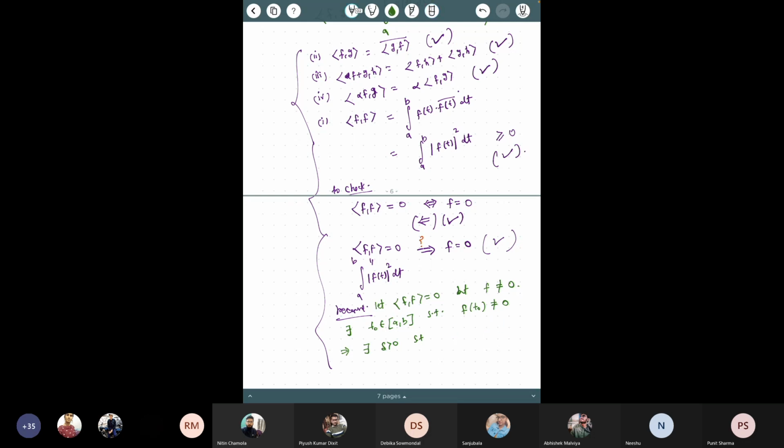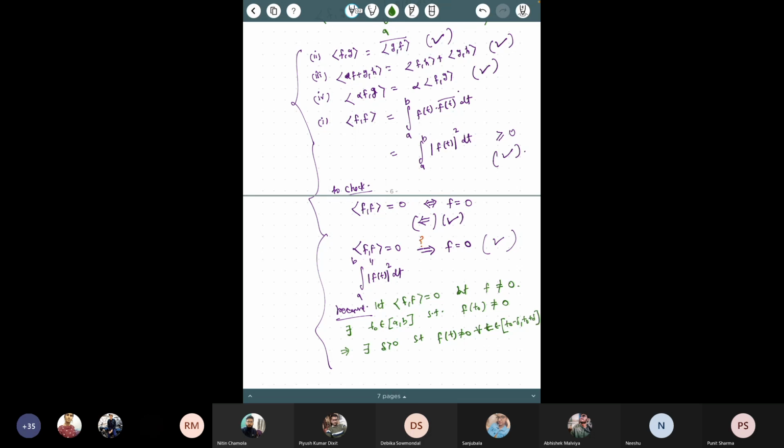So there exists delta greater than 0 such that f(t) is not equal to 0 for all t in this delta neighborhood of t naught. So that means for all t in this interval,